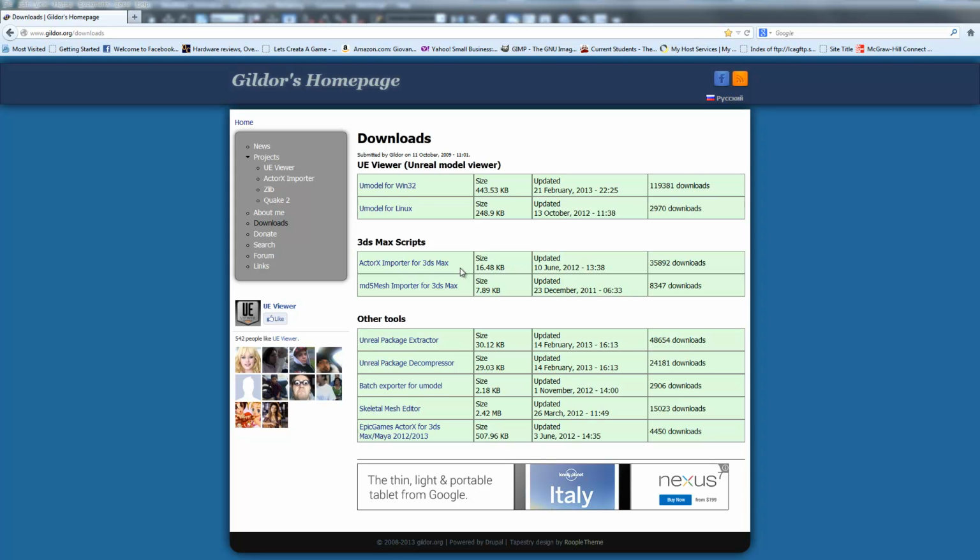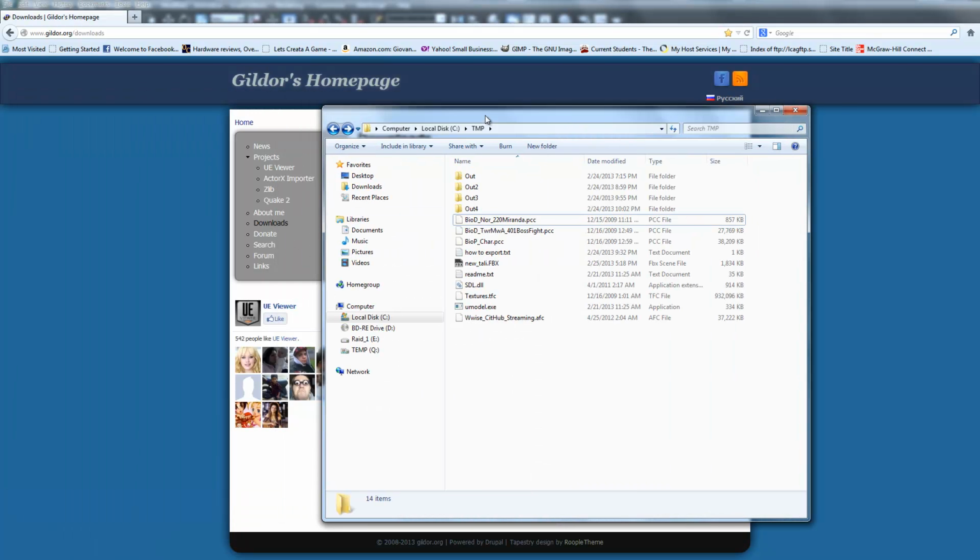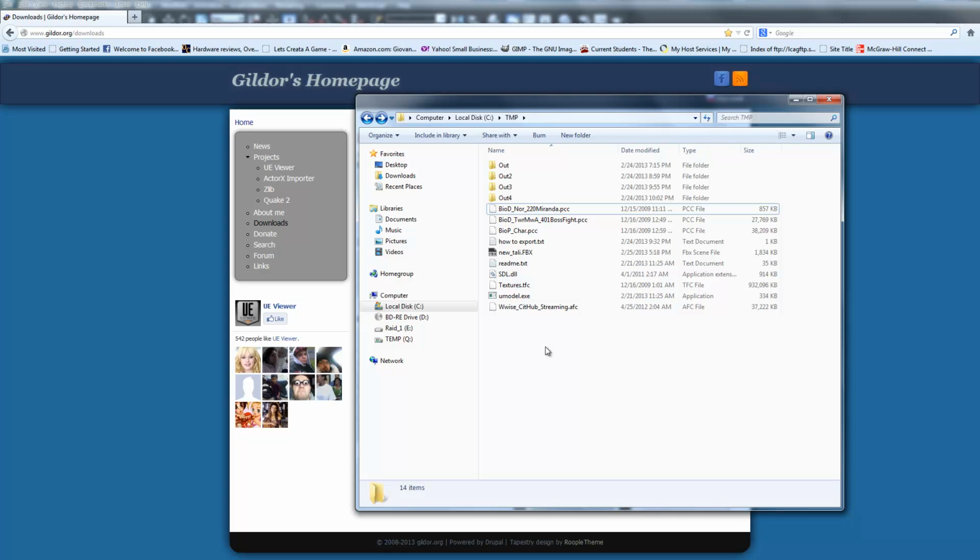So, like I said, you want to grab umodel and you want to grab ActorX. And basically, I've already pre-done this in the video. In this, I made a folder called TMP, or temp, under the local disk. It makes life really easy when you're typing things in, because some versions of the command line don't like to let you run code unless you're administrator. And if you're administrator, then you actually can't